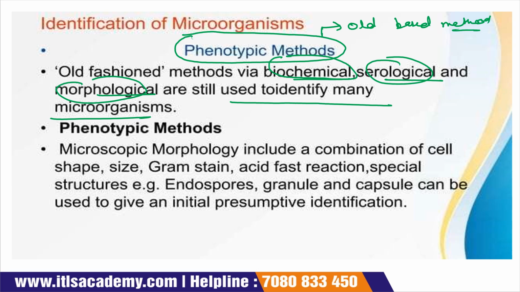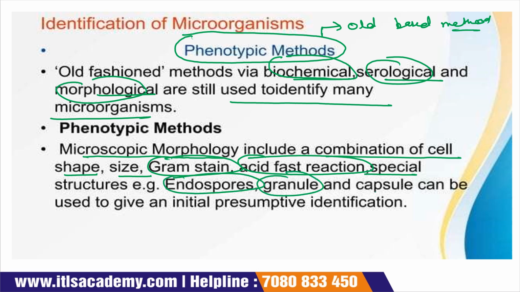Phenotypic methods like your microscopic morphology include the combination of cell shape, size, gram staining, acid-fast reaction, and special structures like endospore, granule, and capsule, which can be used for identification so that it will give an initial presumptive identification. Okay, now the next is your